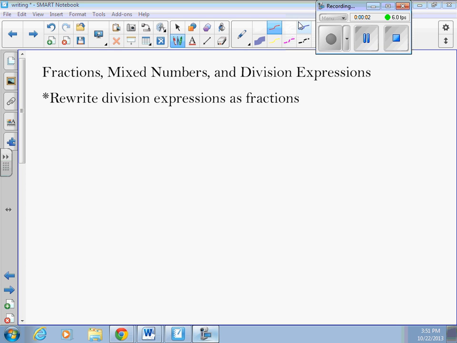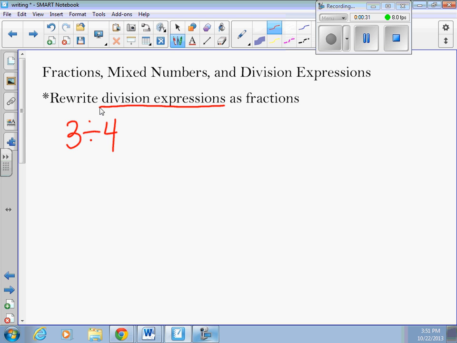Today we're going to work on fractions, mixed numbers, and division expressions. So our goal for today is going to be to write division expressions as fractions. And we first probably need to understand what is a division expression. An expression is a group of numbers and symbols, and a division expression would be a group of numbers that are being divided. So for example,